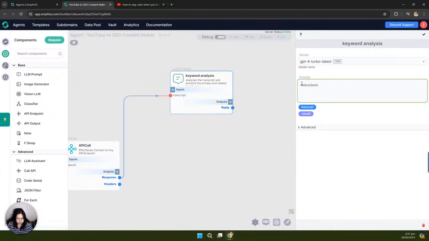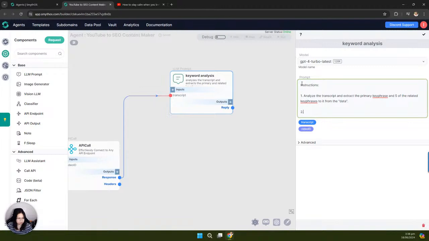Number 1, I want it to analyze the transcript and extract the primary key phrase and 5 of the related key phrases from the data. I'm saying data because